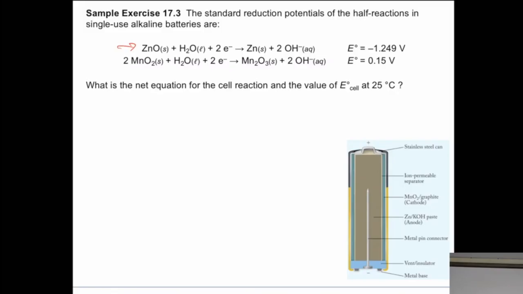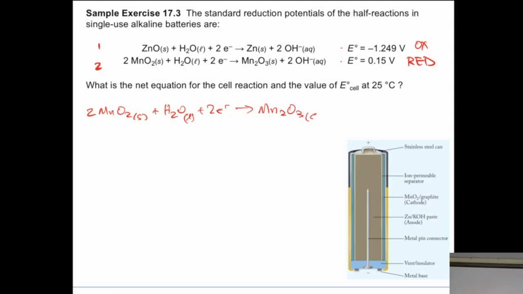Now, which one here is being reduced? We have two reduction half reactions written here. Of these two, which one's going to get reduced? Number one. So this one is going to be reduced, and this one then is going to be oxidized. So we can write all that out. So the reduced reaction, number 2, that's going to be 2 manganese oxide solid plus H2O liquid plus 2 electrons gets reduced to